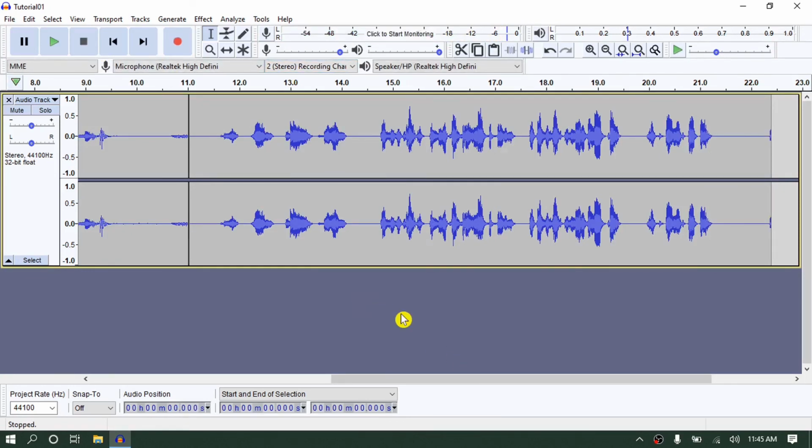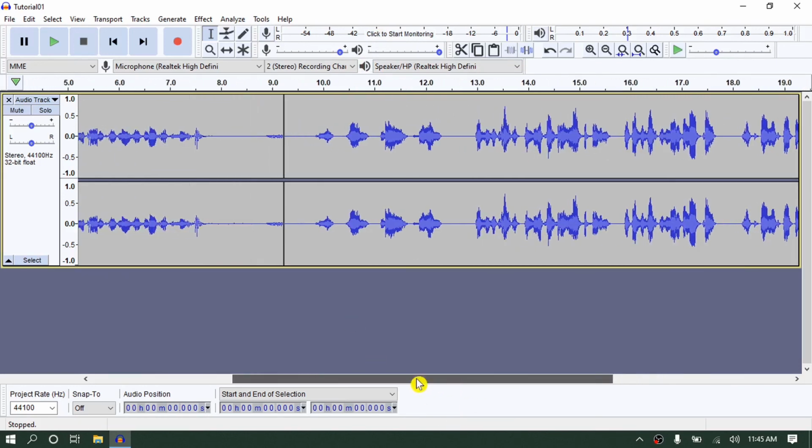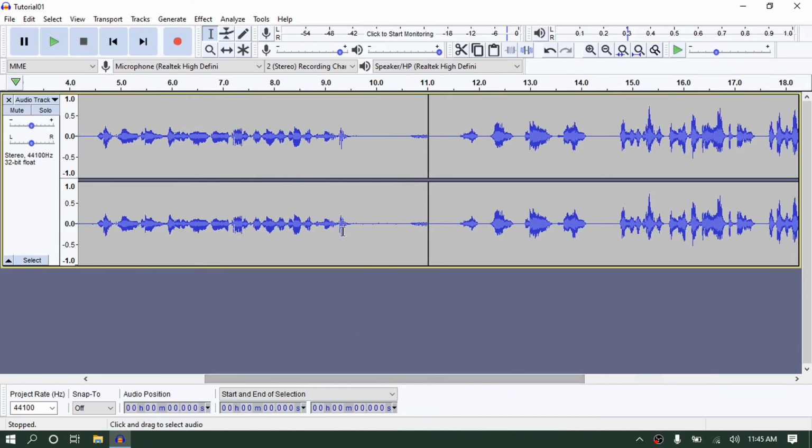Now, when I saw my levels up here on the meters, they were looking good. And when I come down here and I look at the waveform on the timeline, it looks good. I got some nice big fat bumps. In fact, if I look at it side by side with my first recording, this one actually looks better than this one. We have these nice big fat juicy waveforms, and these are a little smaller. So if I'm just going by my eye and not my ear, I might think that this is the better recording than this. But let's go back